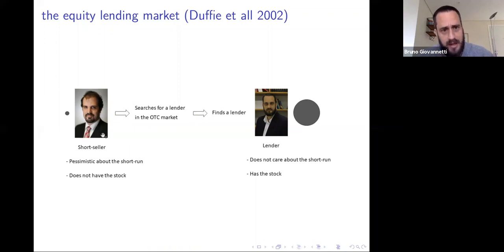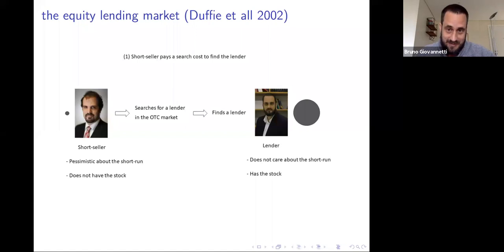So this is important. Even though the short seller is really well informed about stock prices and how the prices are going to evolve in the short run, this is a really well-informed investor in general. But regarding the equity lending market, he's not well-informed. The well-informed one regarding the equity lending market is the lender. Okay,